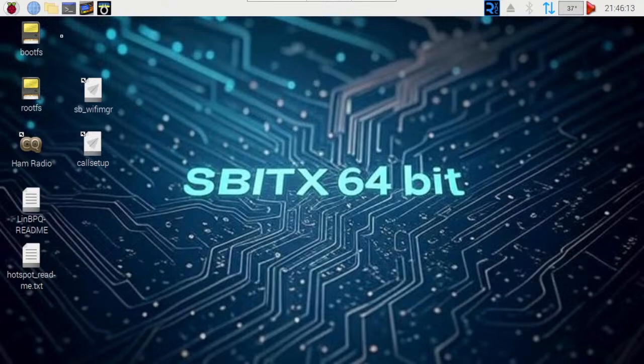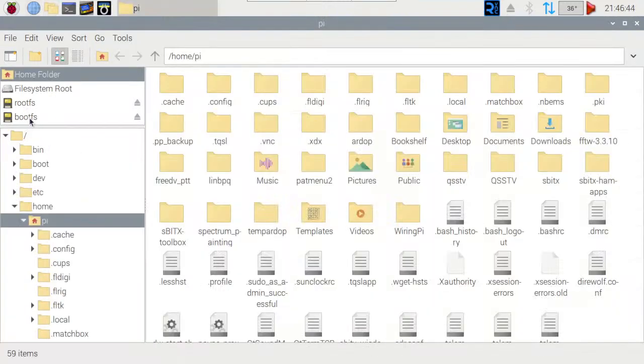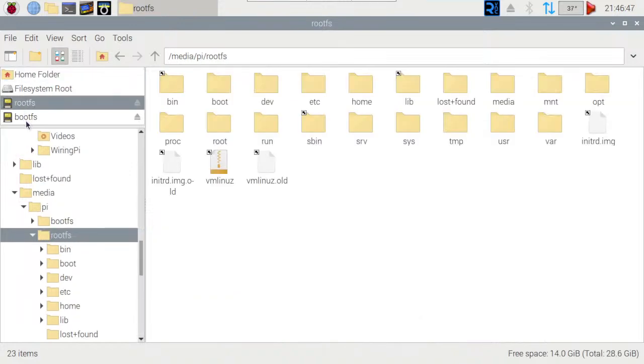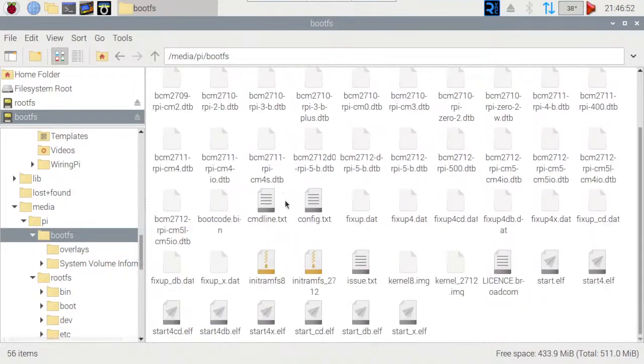Now, another thing you can do without opening your sBitx, if you want to, say, for example, copy this software onto your local drive. Now you'll see on mine I have this bootfs and rootfs. These show up when you have a USB booted up, if you have an SD card connected inside your sBitx. So in my case, it shows my internal drive. So if I go up here, you'll see that I have my root file system and my boot file system. So if I go into my boot file system, you'll see that has my bootloader and all that good stuff,